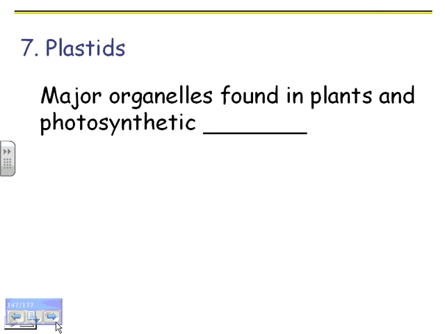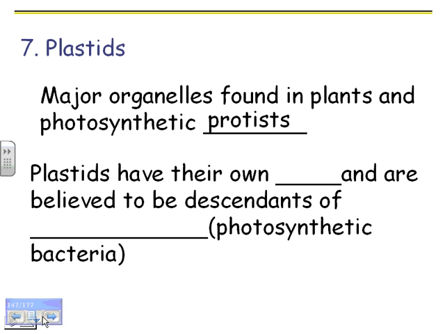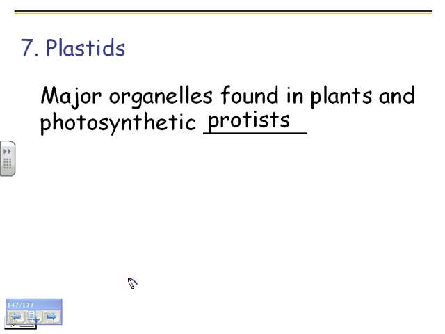So these are major organelles that have membranes that are found in plants and photosynthetic protists, never in bacteria. So even though bacteria can be photosynthetic, they do not have any membranes inside of them. So they are, let me go backwards for a second here. They are so cool. Here's an original eukaryotic cell. We're talking about millions of years ago, actually billions of years ago.